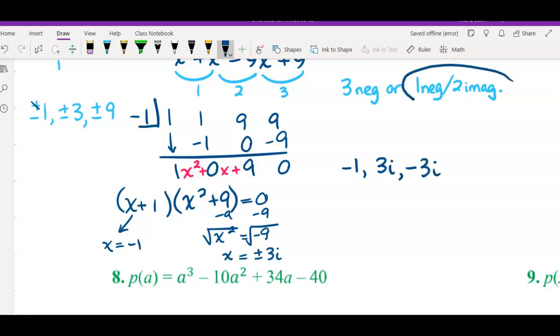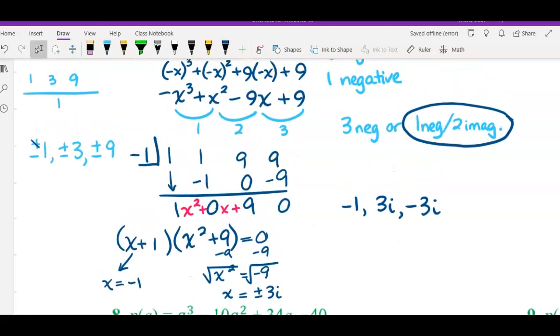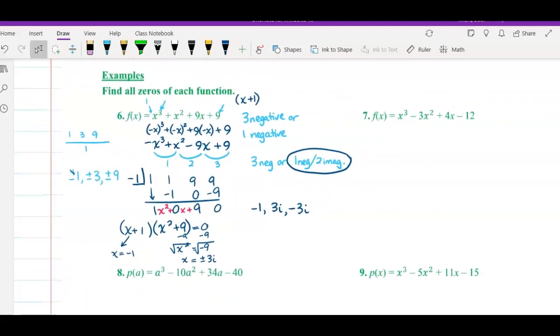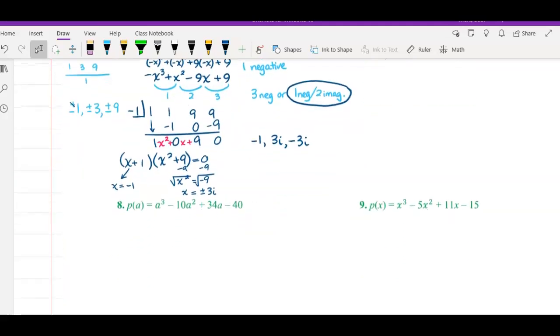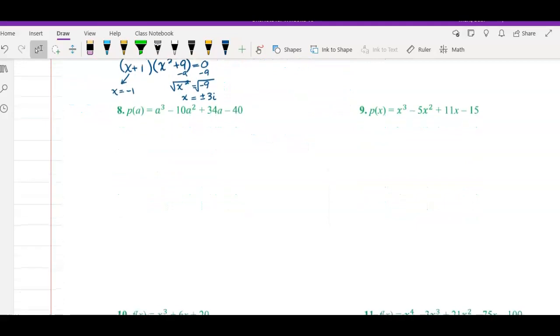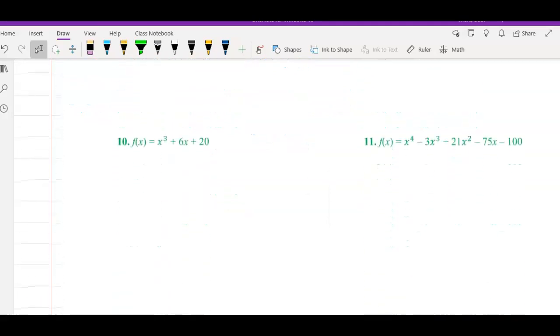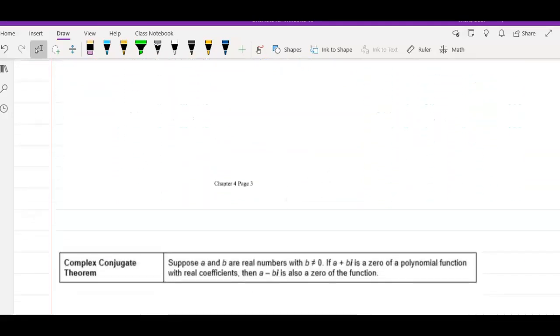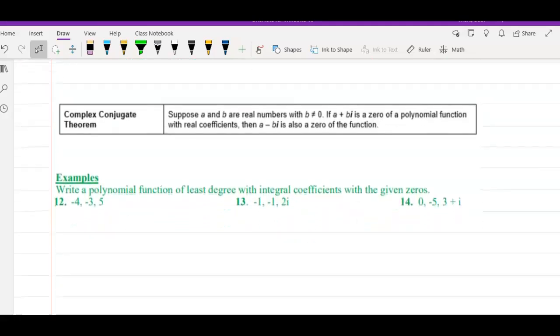So it ended up being this combination. But do you see how we used Descartes' rule of signs and the rational root test to come up with these answers? That's what we're going to do for all of these problems. We'll continue to practice some of these in class, but for now I'm going to scroll down to our very